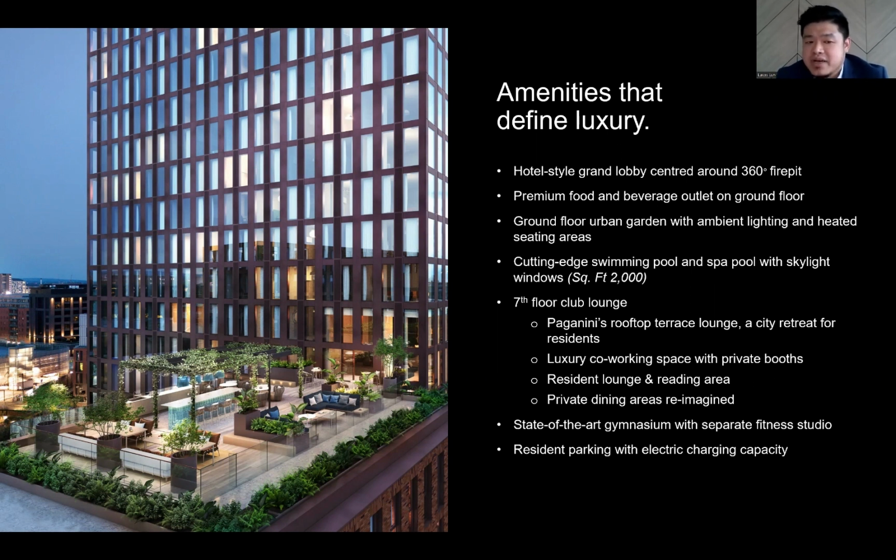Now, this is one of my personal favorites. This is located on the seventh floor. Terrace Lounge, this is a dry bar. So this caters to residents throughout the whole year. We've also got luxury co-working space with private booths available, a resident lounge and reading area, and private dining areas